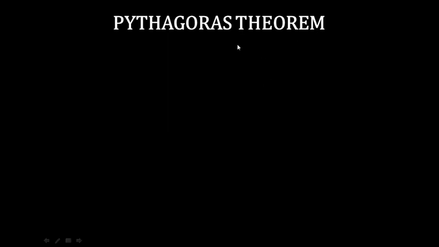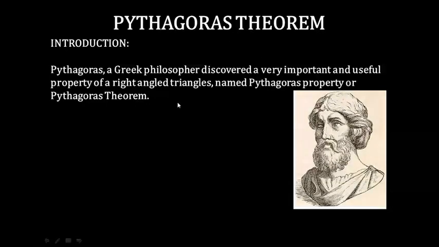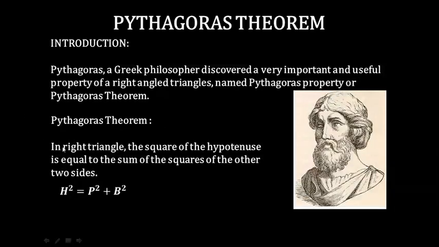Today my topic is Pythagoras Theorem. Pythagoras was a Greek philosopher who discovered a very important and useful property of a right-angled triangle, named the Pythagoras property. According to the Pythagoras theorem, in a right triangle, the square of the hypotenuse is equal to